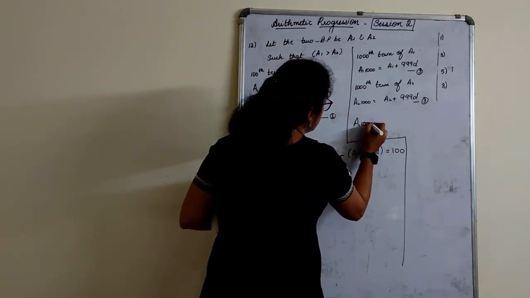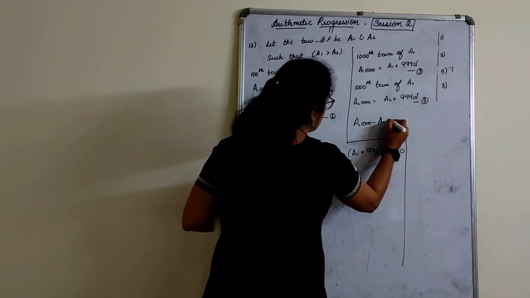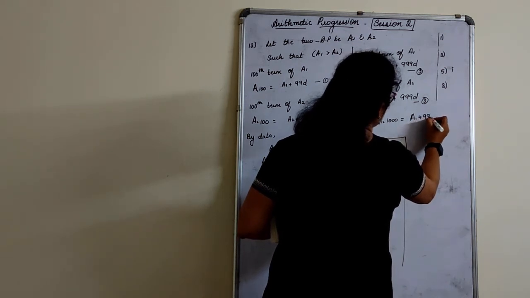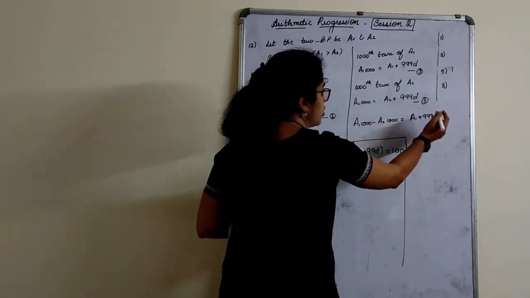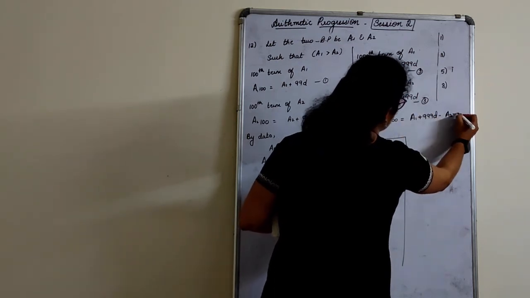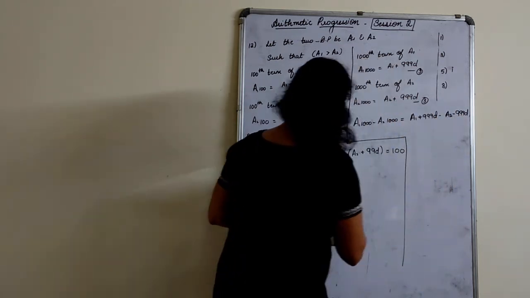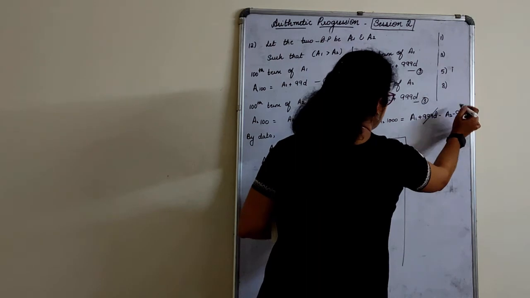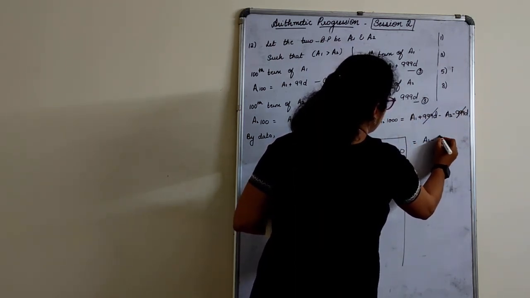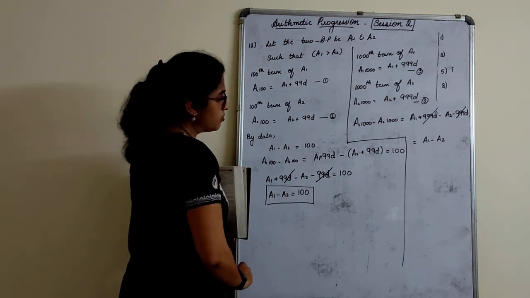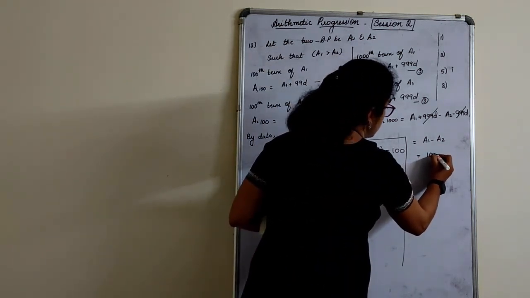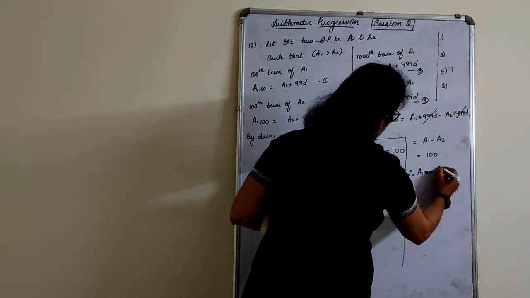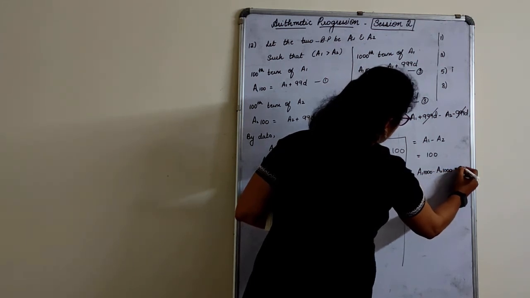So A1 1000 minus A2 1000 is equal to A1 plus 999D minus, directly shall I write? A2 minus it is, so minus 999D, right? Same thing, how we wrote here, again the same thing we have to write. I just skipped one step. This and this will get cancelled. That is equal to A1 minus A2. What is A1 minus A2? A1 minus A2 is 100. Therefore, the difference of the 1000th terms is also 100.